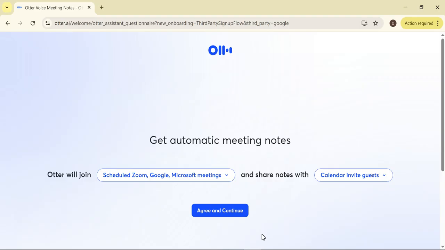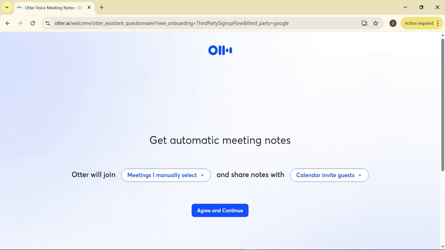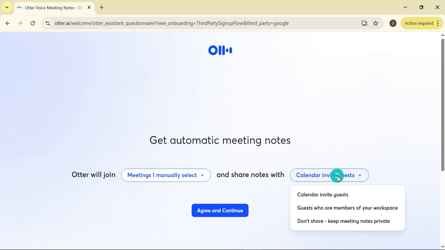So let's see here, we can get automatic meeting notes. Otter will join scheduled Zoom, Google, and Microsoft meetings. You can see this, or you can also select meetings where I am the host, or you can select meetings I manually select. So we will go for the meetings I manually select, and share notes with the calendar invite guests.